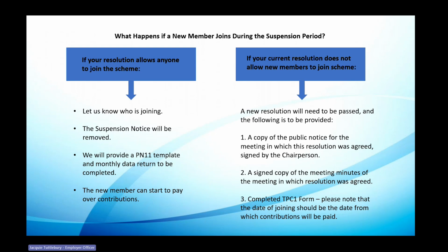However, things are slightly more complicated if you do not have a resolution which allows any new members to join the scheme. If you have a resolution which named a particular individual, or named the clerk who no longer works for you, to be eligible for membership of the scheme, then you would need to pass a new resolution when you wish to bring a new member in. So a new resolution needs to be passed, and we will then require from you the